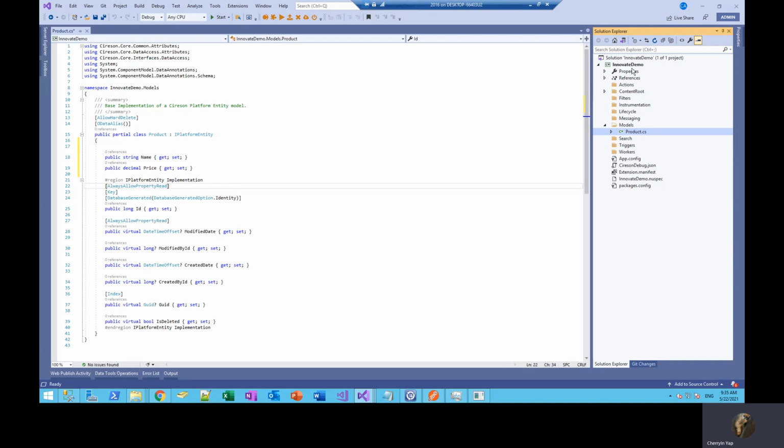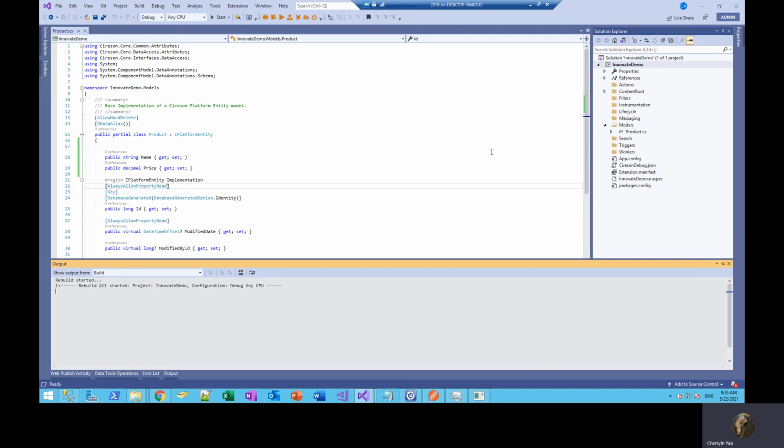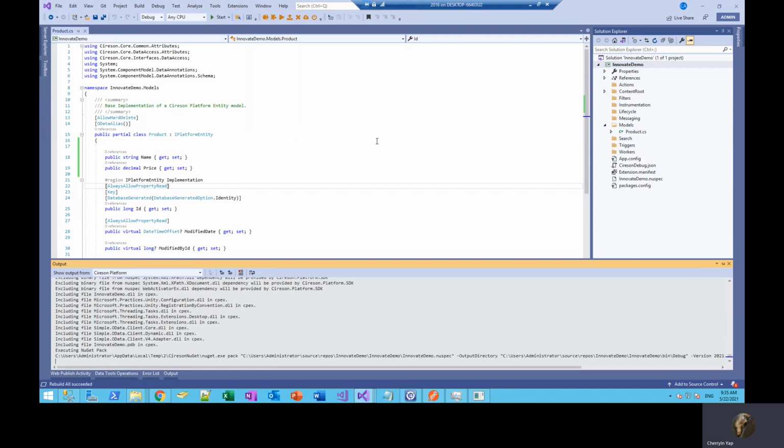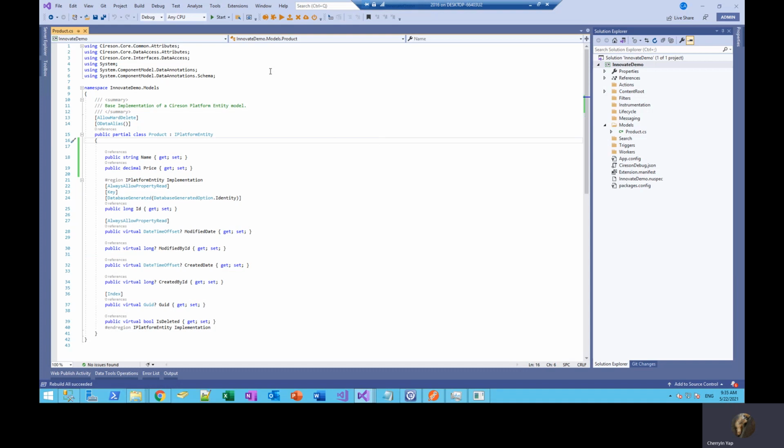Once we have our class ready, we'll rebuild it. Once that's successful, normally on development, we just make use of these extension tools to install our platform NuGet rather than copying a package to the installable folder.